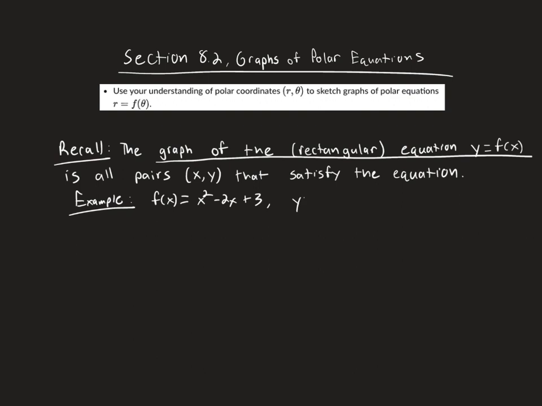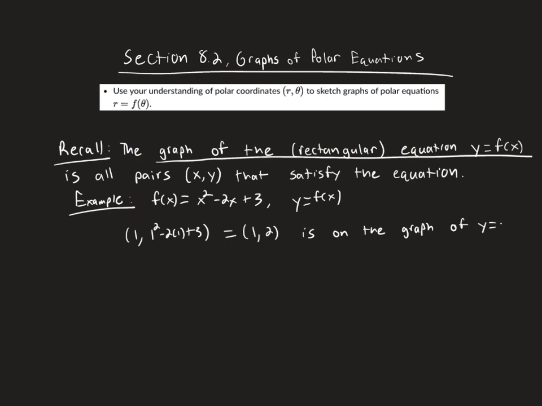To graph this, we think about all of the outputs of our function as y values. So the point 1 comma, 1 squared minus 2 times 1 plus 3, which is 1 comma 2, is on the graph